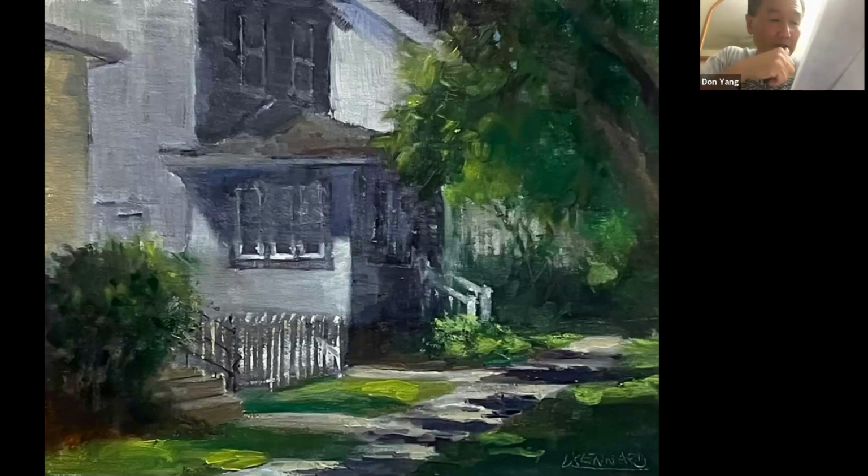What else did I write down here? Warmth of the temperature. Now I'm looking at some dark values on the sidewalk next to the grass. Again, kind of a similar thing I mentioned in Dorothy's painting, that the dark of the shadow on the sidewalk seems to be a little too enhanced, too strong to be the shadow of the sidewalk when I compare against the light.